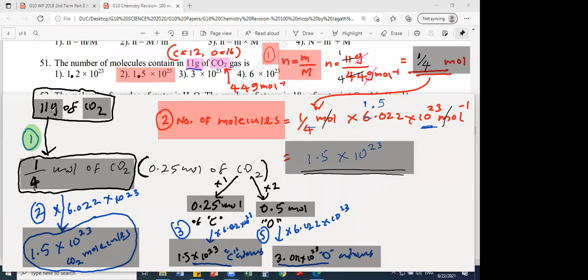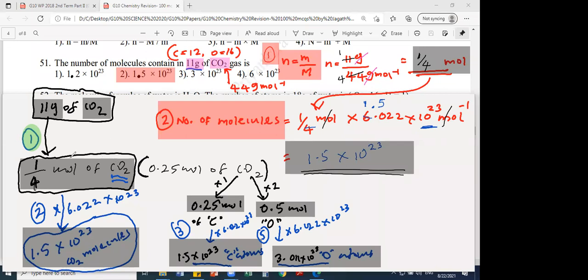Again, convert grams into moles. If it is a molecule, then you get CO2 molecules. If it is oxygen, here you get oxygen molecules. If it is glucose, then you get glucose molecules. That is to find the number of molecules. But in the molecule also there are atoms. If you want to find the atoms, then you have to go ahead with 2 more steps. Convert that into atomic moles and then multiply by Avogadro constant.